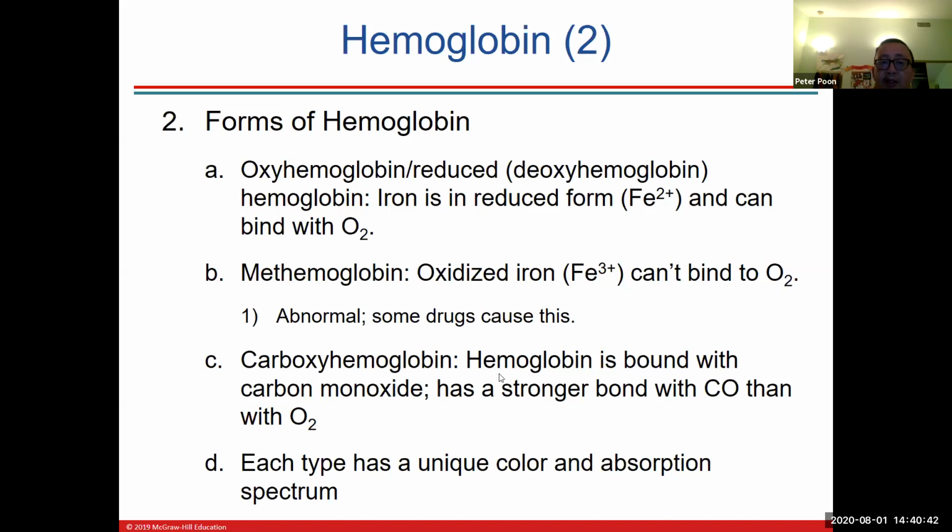Carboxyhemoglobin: hemoglobin is attached to carbon monoxide. The reason why carbon monoxide kills you is because it binds to hemoglobin a lot stronger than oxygen, about 200 times stronger. And here, what you haven't seen yet is oxygen will fall off later. Carbon monoxide does not. So you end up being stuck with carbon monoxide,